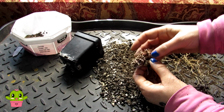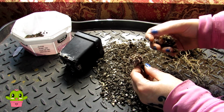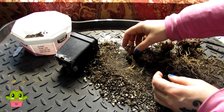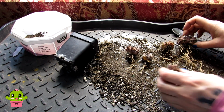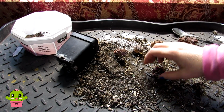So great root systems on these buttes. These two come away quite easy. So that's that one there also. And this one, happy days. That was a little dried up one there. So I've got 5 Gymnocalycium that I'm able to separate,